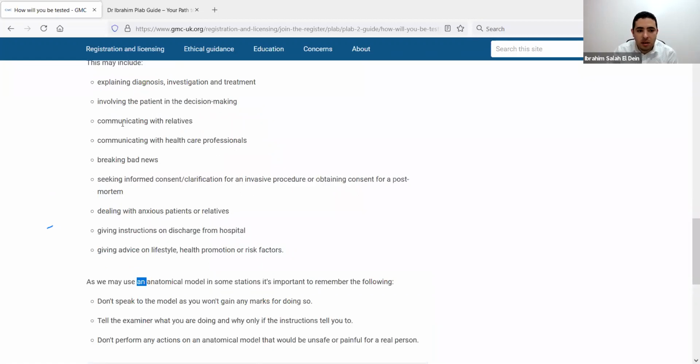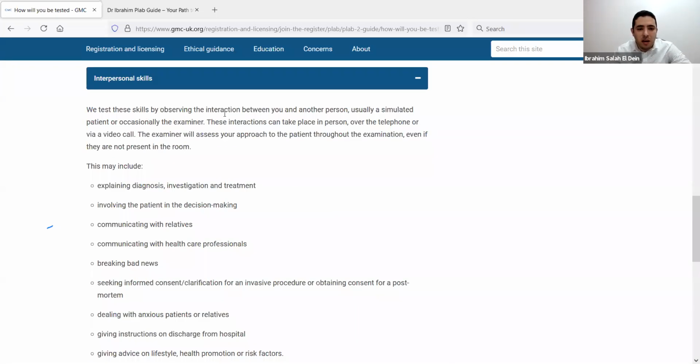About the IBS part, this tests skills by observing the interaction between you and another person, usually a simulated patient or occasionally the examiner, because at some stations you will explain to the role player, and at the end of the station you will go and explain things to the examiner. But nowadays it is also very limited, and it is limited to the mannequin station and some procedure stations. As I mentioned, they try to minimize the number of people in each room because of the pandemic. But before, maybe 1.5 years ago, you may have had an examiner in many stations in the exam, and at the 6-minute bell you would go and speak to the examiner,